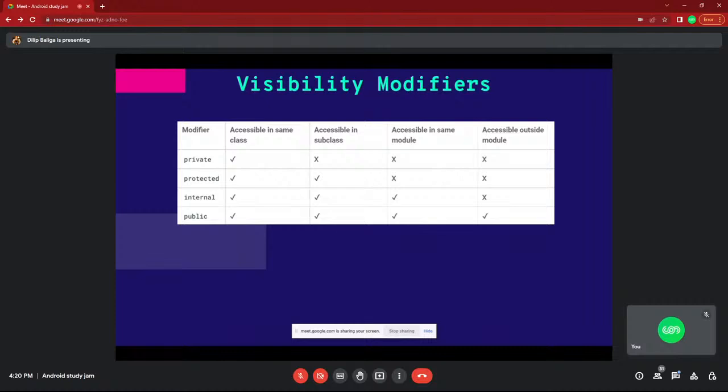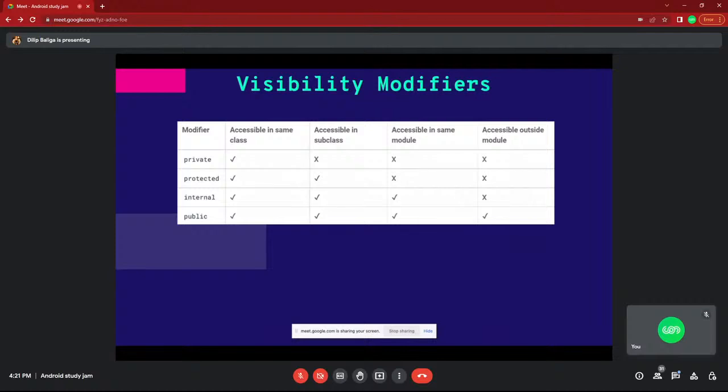For example, I created one class and one member. I assign that member as private val name equal to Dilip. That means I can use the name property only in my own class, and other classes cannot access that variable.